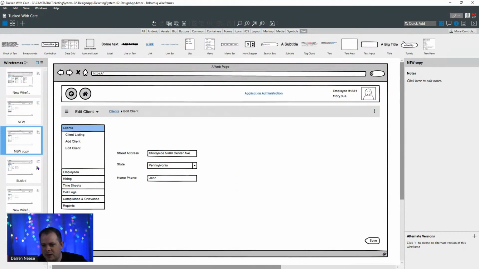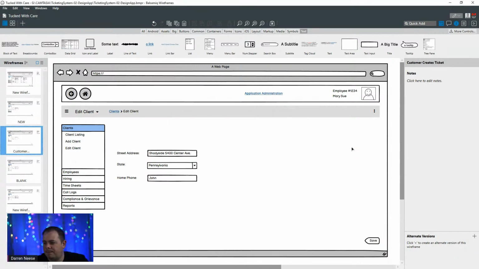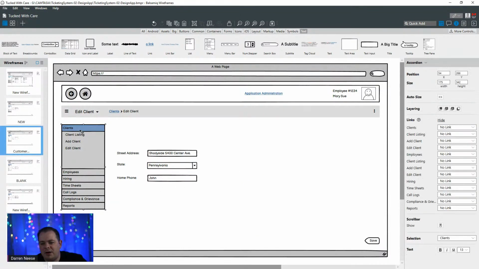So I'm going to start from this one here. I'm going to duplicate, and let's rename this to be customer creates ticket. And that might be the name of our screen. What I'm going to have here is just going to be our menu. Right now we have a text box at the top,